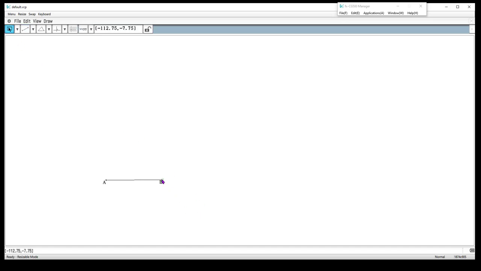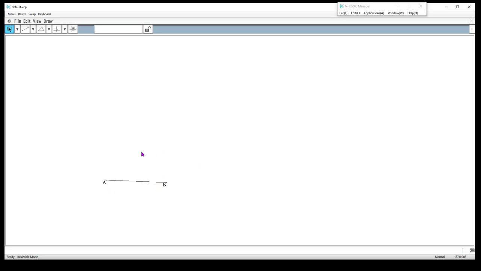And I can therefore select an endpoint and then use my mouse, stylus, or finger to make that segment as long or as short as I want. That's the beauty of dynamic. So we'll just make it right there. That looks good. You'll notice now that I have a much larger screen, I have a lot more area to work with, whereas a student on their regular calculator is just going to be working in that small space. But as a teacher, I might want to be having a bigger space.